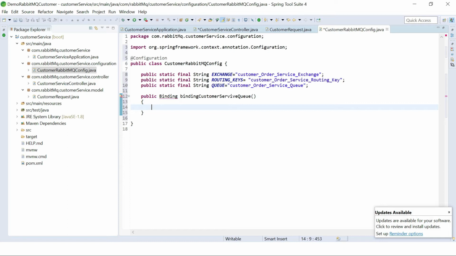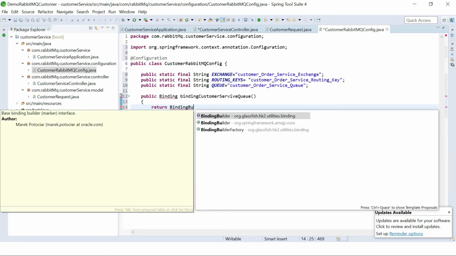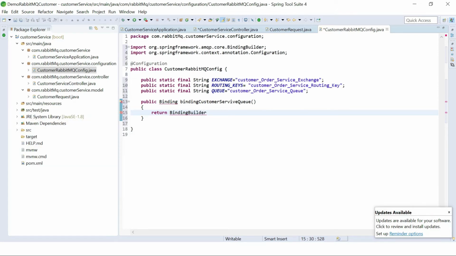In the builder class we are using binding.